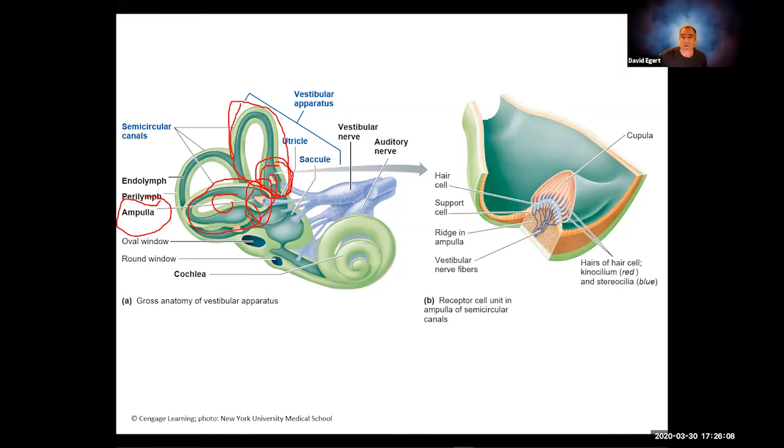Now I'm going to do some things. I'll do them in fuchsia. This part right here that I'm drawing in fuchsia, which we call the vestibule, is the utricle and the saccule. The utricle and the saccule are in this area we call the vestibule of the inner ear. The basic idea here is